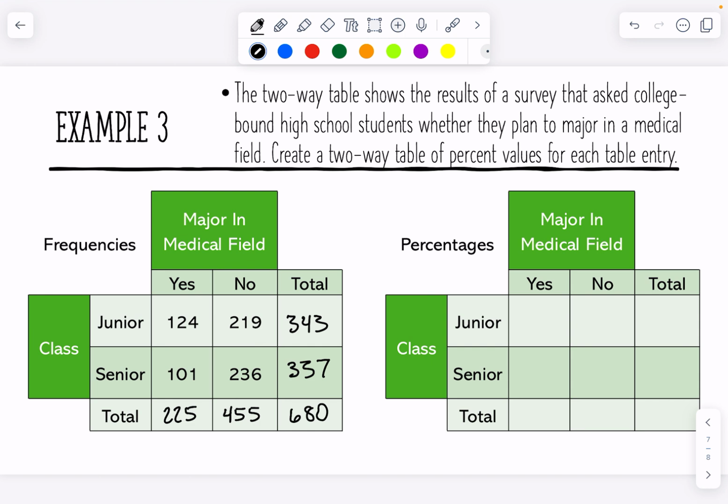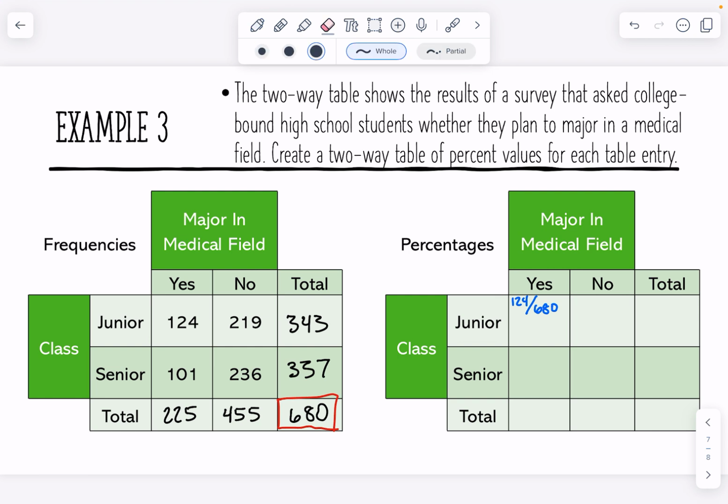Now, in order to figure out the percent values, I'm always going to divide by the total number of people surveyed. That is 680, not any of the other totals. I got to know the total number of people surveyed because it's always parts of the whole to identify a percent. So to figure out the number of juniors that said they would major in a medical field, the number is 124, and I'm going to divide that by 680. So 124 divided by 680 is going to give me